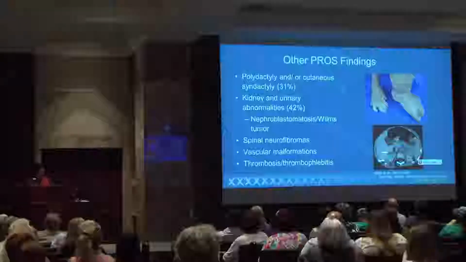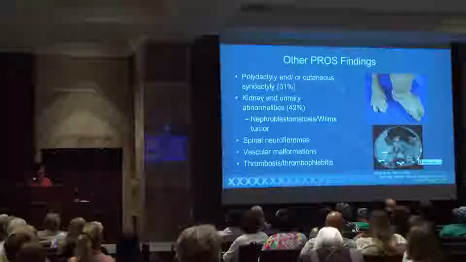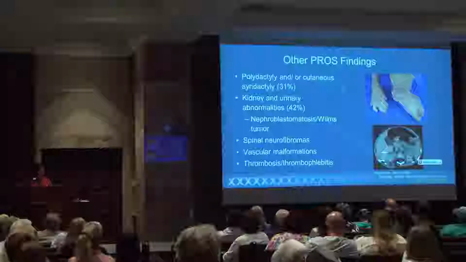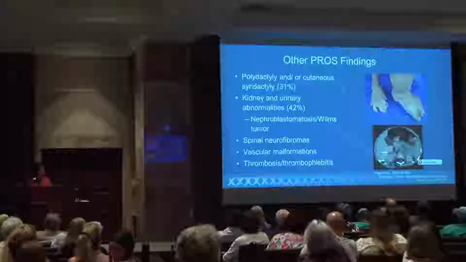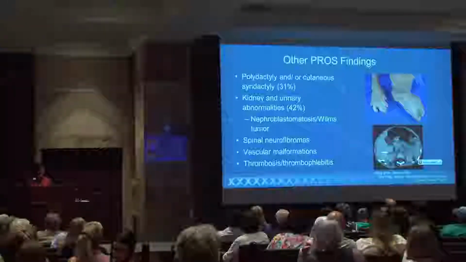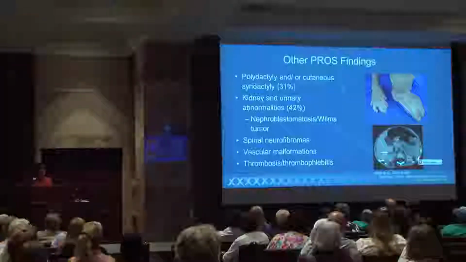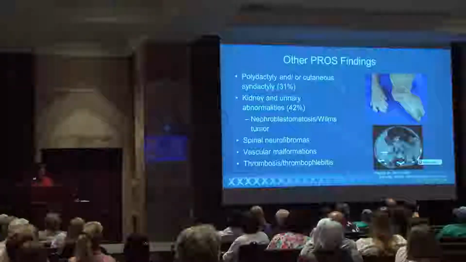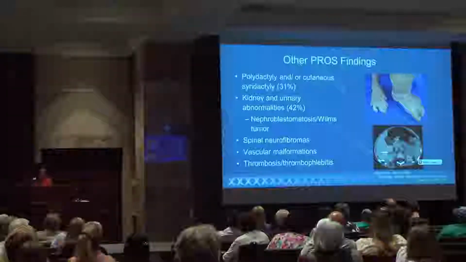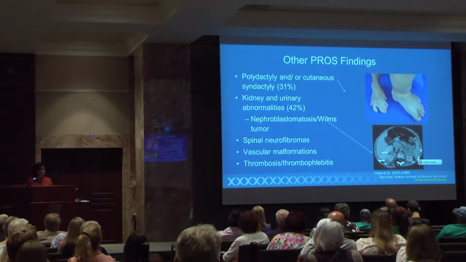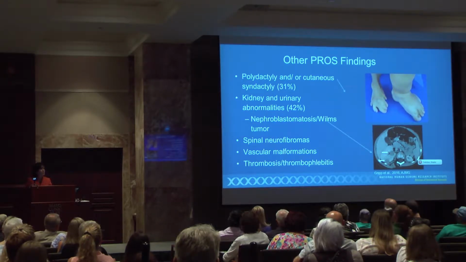Other findings that we've identified and other groups have identified can include, interestingly, developmental malformations. Namely, the medical term is polydactyly. You can see it in the photo on the top, but that's extra toes. They also can have extra fingers, but it seems like the lower is more commonly affected. They can have webbing between the toes, or syndactyly. We also have seen kidney and urinary abnormalities that can include a missing kidney or fluid in the kidney,